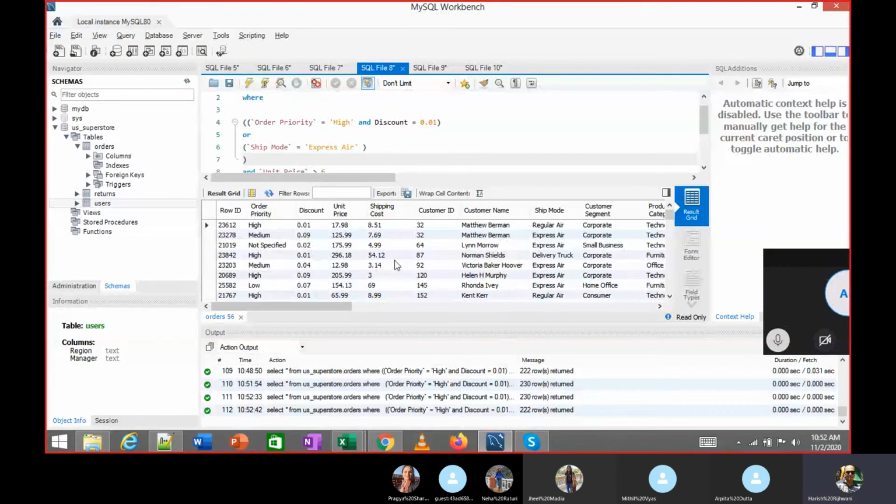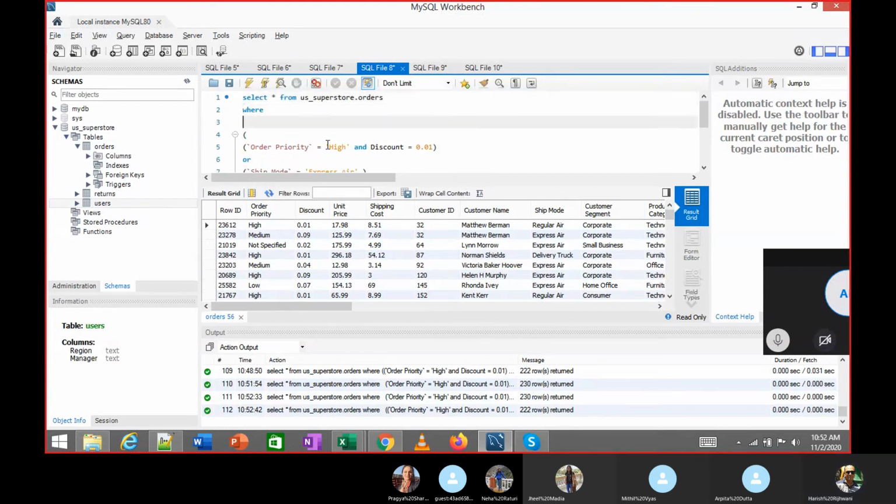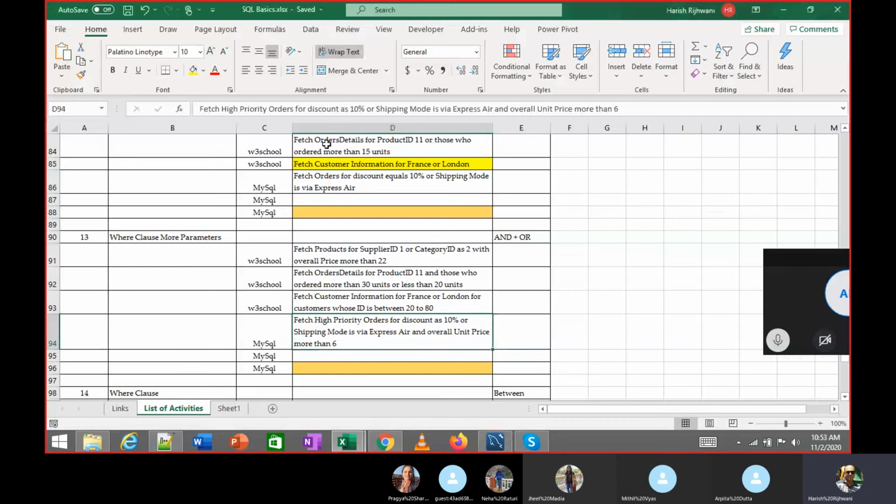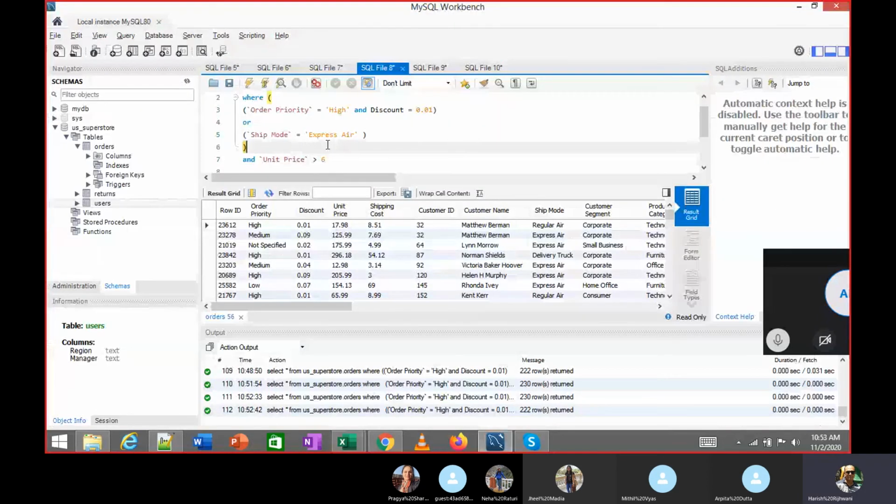So now I get 222 records, because both of these OR conditions are being executed with this AND condition. Does it make sense? The question is a little confusing, probably because I changed it at the last minute.